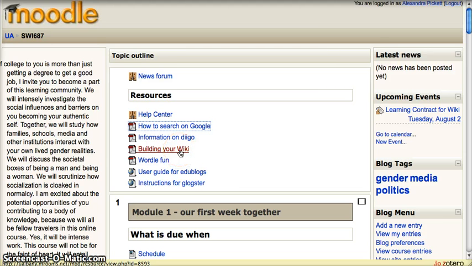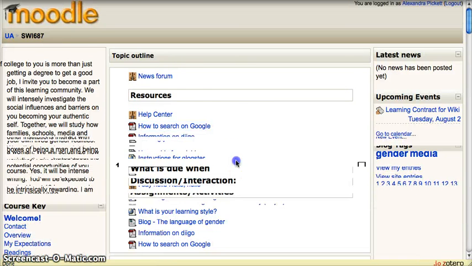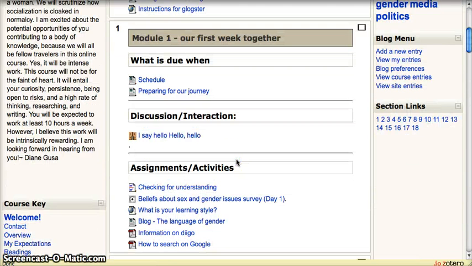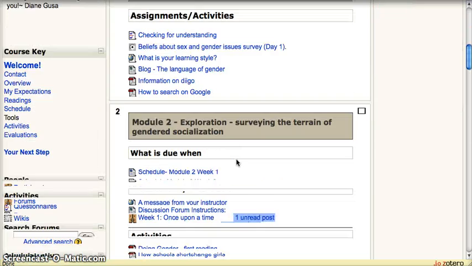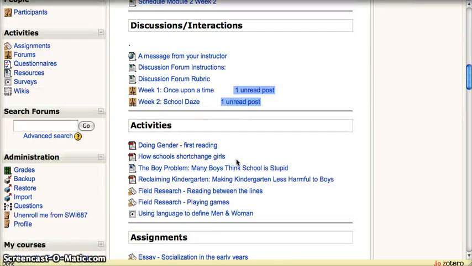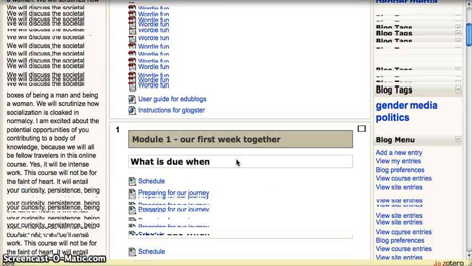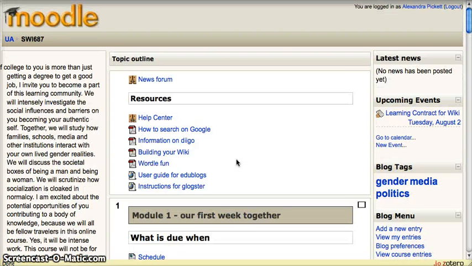I did see that you talked about wikis, but this is about wiki spaces, and I believe in your course you're actually using the Moodle wiki tool. Maybe I misunderstood, but in any case, maybe those are things that you are still building.